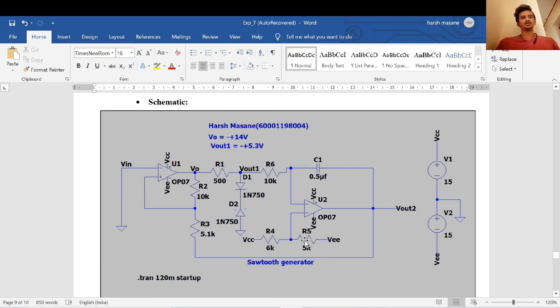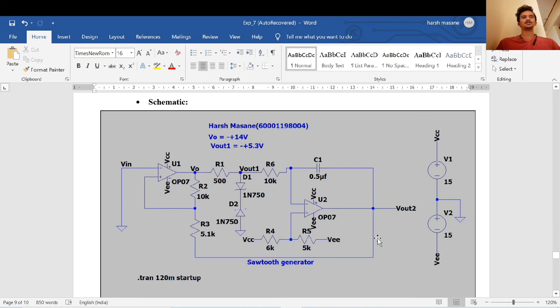With the help of this potentiometer I can adjust the voltage at the non-inverting terminal between the plus VCC and minus VCC. My plus VCC is 15 and my minus VCC is minus 15 volt. With the help of this I can change the duty cycle of the comparator output. As we all know, the comparator output is a square wave, so I will change the T on and T off time of it. As I change the T on and T off time, at the output I can get a sawtooth waveform.